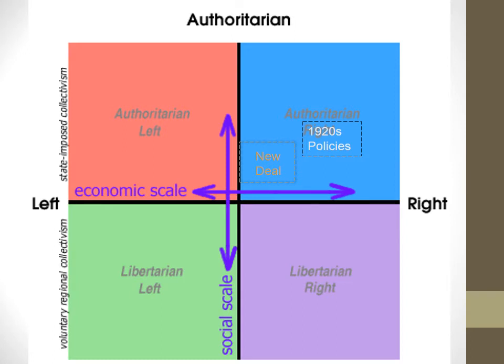and I have put into it sort of where FDR's New Deal and the 1920 policies might fit in the continuum. And you see that FDR is kind of toward the center, a little on the left on the economic scale, or maybe a little bit into the quadrant on the authoritarian left, but still deeply capitalistic in its orientation toward government, just a little less so than the policies of the 1920s, which you see is a little further to the right, which means a little less government intervention on economics, and a little higher up on social scale,